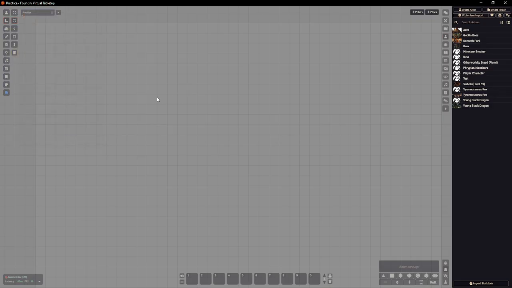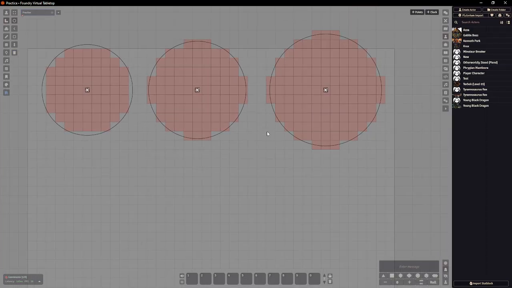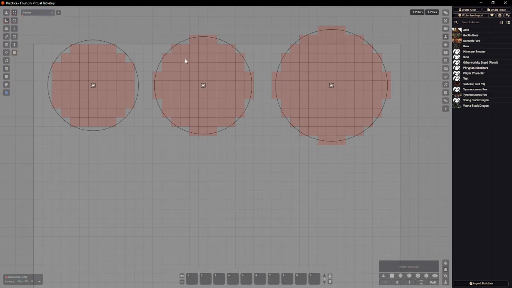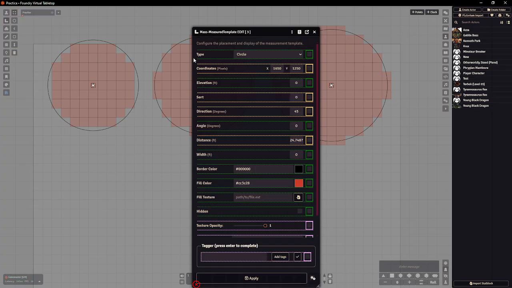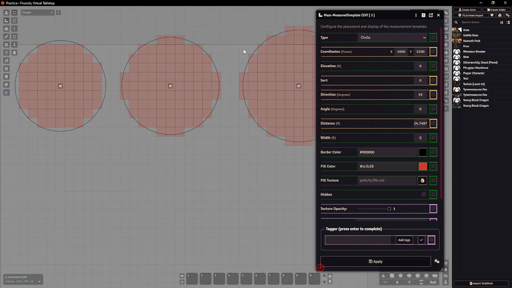But something really nifty you could do, and again, we're going to get a little advanced here, but I want to show you something that keeps me on my toes. Say for example, I have these three radiuses here, and something's wrong with them, and I need to edit them all at the same time. Again, you select all of them, Control A,